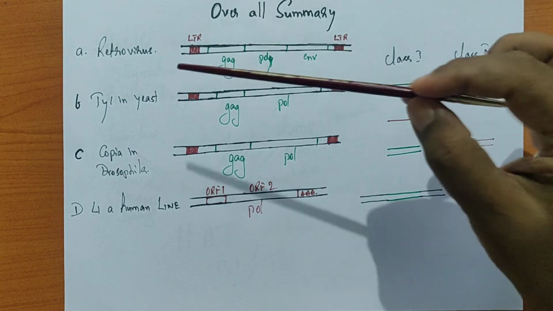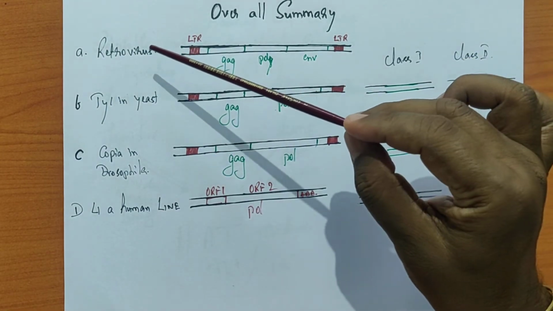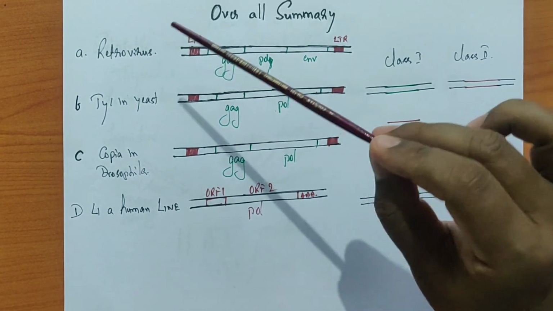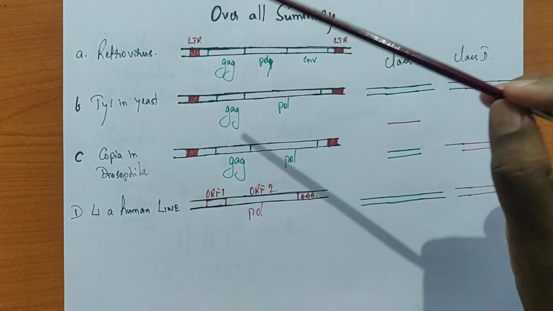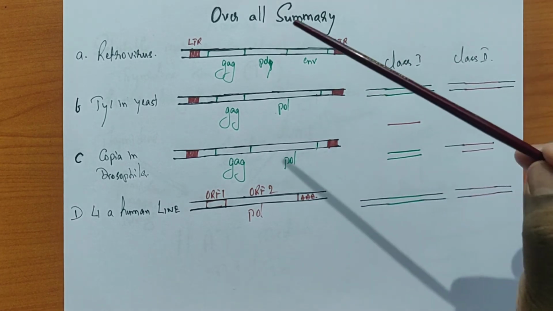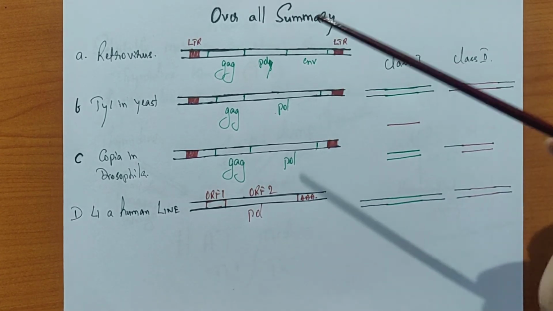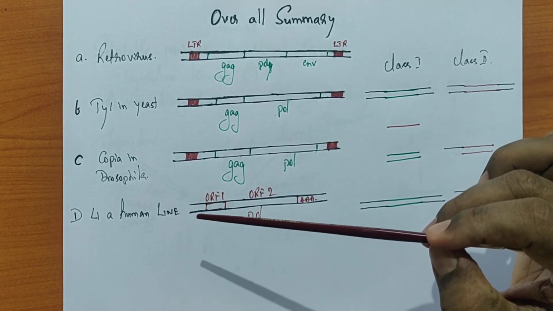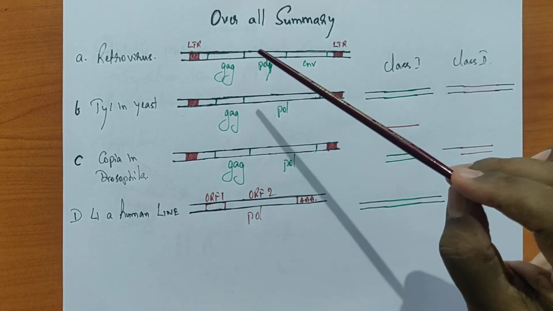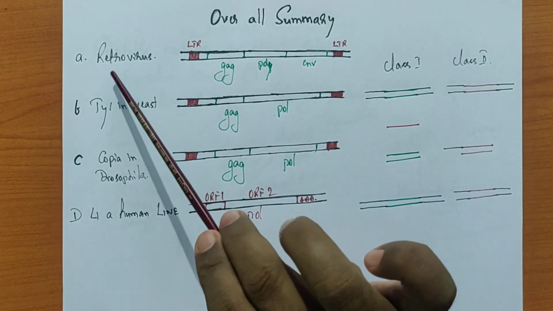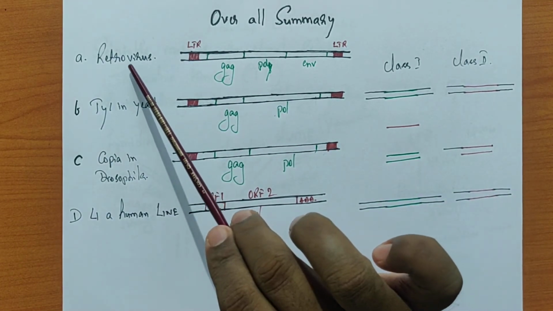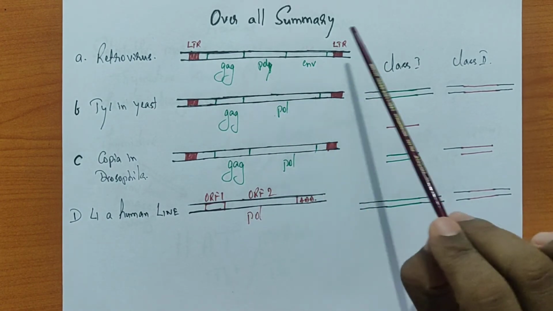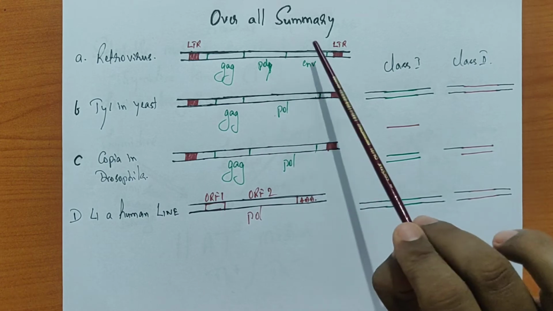Suppose you look into the structure of a retrovirus, because these viruses do integrate, because we know that there is a lytic cycle and we also know there is a lysogeny cycle. Probably we will discuss that when it comes to the animal vectors. So when you study the typical structure of a retrovirus, we have the LTR. These are the important regions, very important.